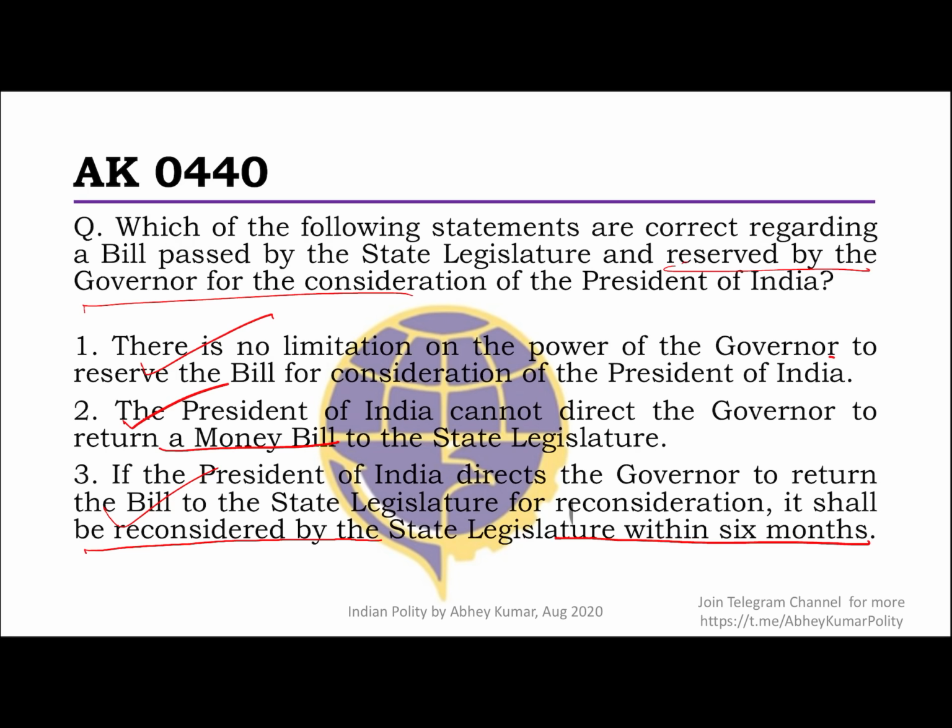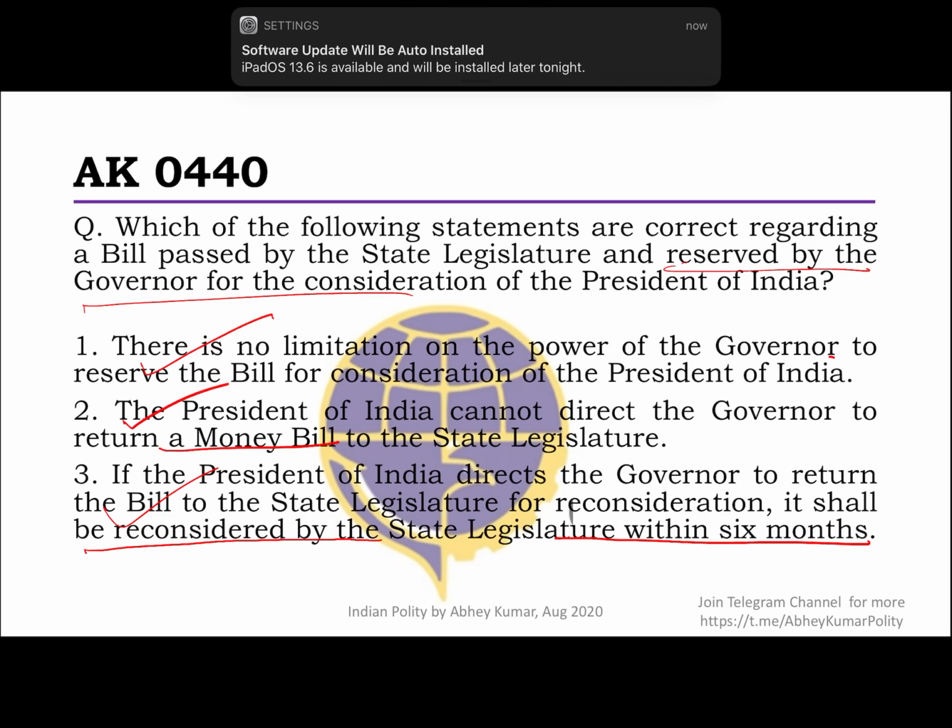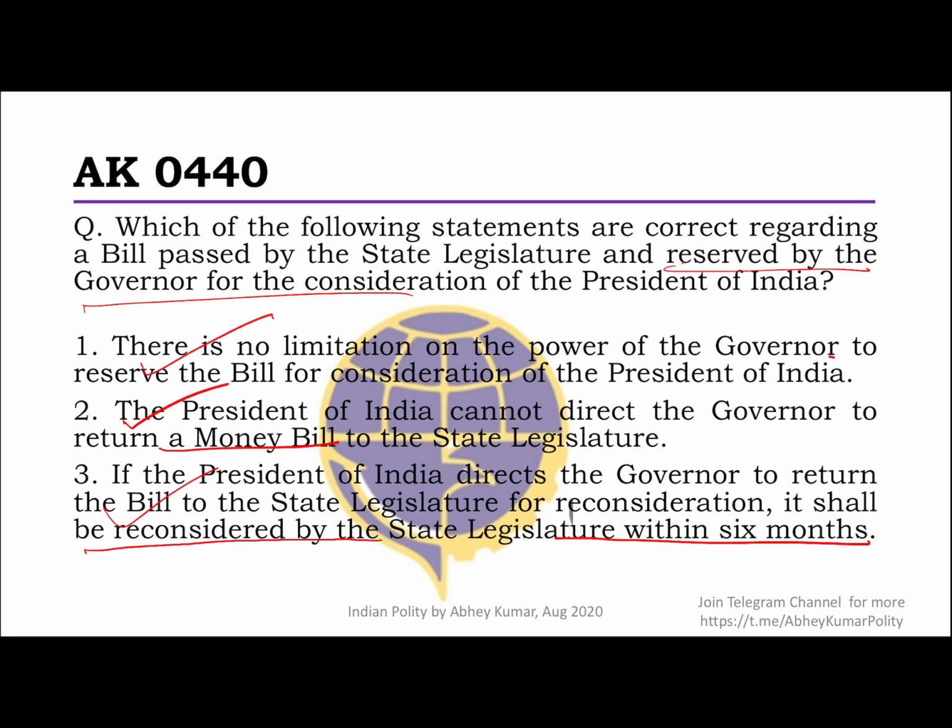I hope you know that when the state legislature passes the bill second time, then second time again it has to go to the President of India. Though there is no timeline now on the president, it is different from the bill that would have come from the Union Legislature, the Parliament. We have discussed all these things in one of the very earlier questions in details as to what are the powers of the President with respect to a bill which has come from the State Legislature. Anyway, so that's the last question, and well, see, that's again, I call it these basic questions, that what are the basic rules of the game, and we are really struggling.